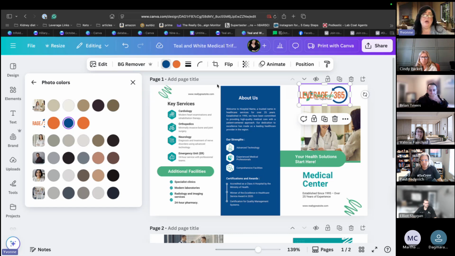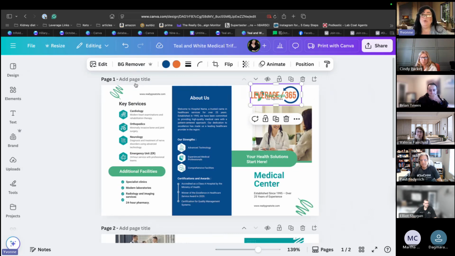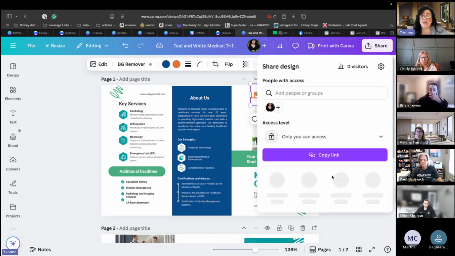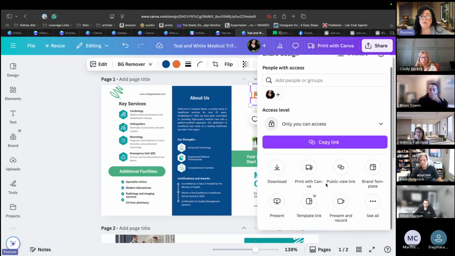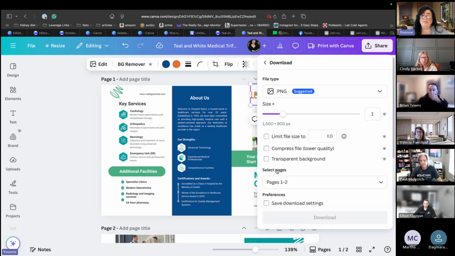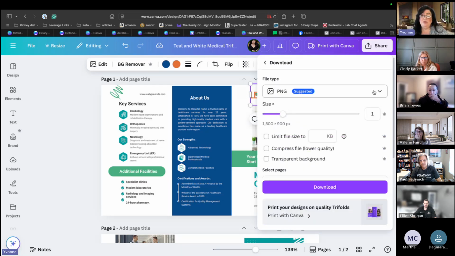There you go. Now, when you're going to have them printed, you're going to either save this as a PDF, but I'm going to show you the right way to do it. So you're going to download it, and a PNG file is a photo file.